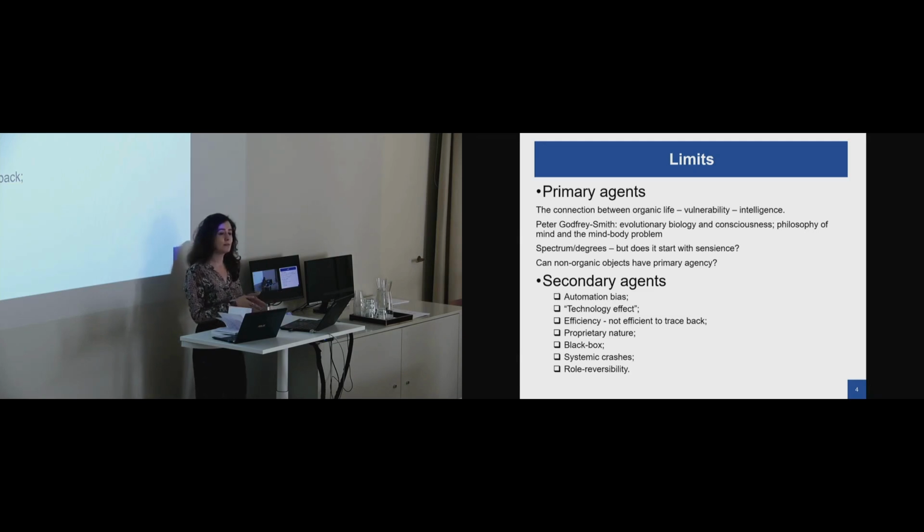So this is not the black box that we see in the human mind. It's the black box of complicatedness and the lack of processing power. Then we have the limit of systemic crashes, where even if we were able to look into an algorithm and detect an error, if we change that element that is an error, then that would lead to a systemic crash most of the time,